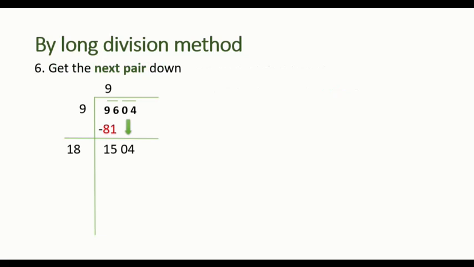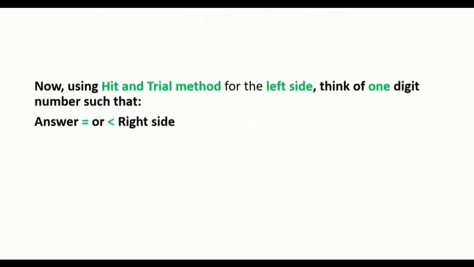So I need a number here which, when placed at the units place after 18 and multiplied by itself, will give me 1504. I repeat, I need a number which, when kept at the units place right after 18 and multiplied by its own self, gives 4 in the units place, or gives the answer 1504. To avoid any confusion, let's see how we can do it, just by choosing randomly by hit and trial method.